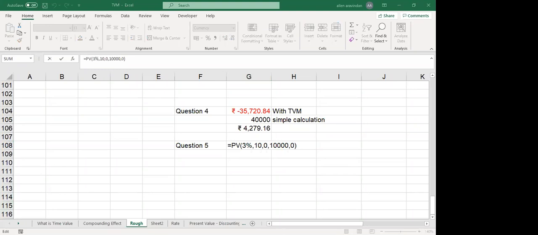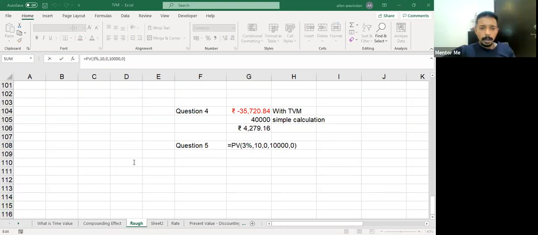Yes, sir. All right. Let's keep question 6 because I'm going to teach this on a bigger scale in a separate Excel. Let's go to question number 7 first. If you get payments of 15,000 per year for the next 10 years and interest is 4%, how much would that stream of money be worth in present value terms? Can you guys try to attempt this now and give me the answer? Very simple question, no complication.